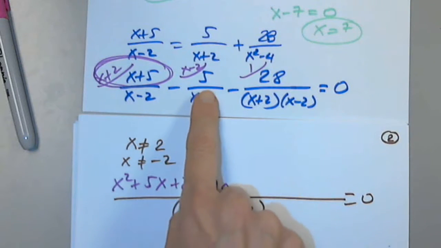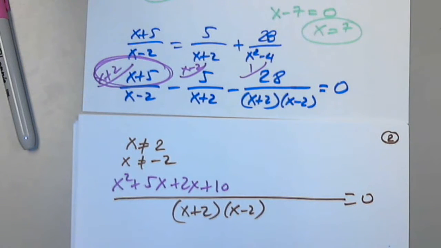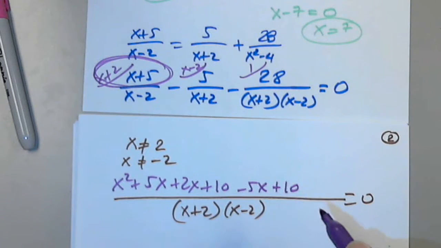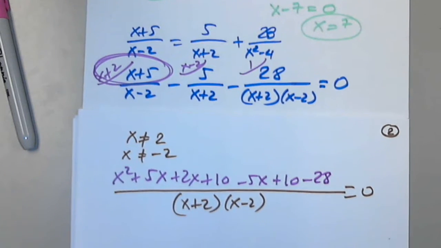Perfect. Now here I'm distributing negative 5. So I have negative 5x plus 10. And the last one, negative 28. So